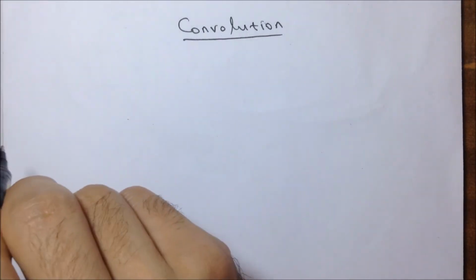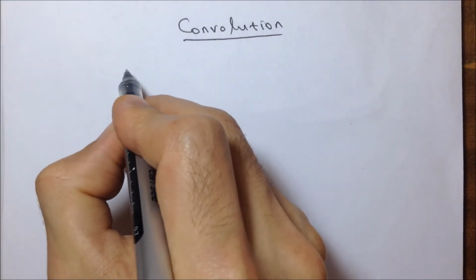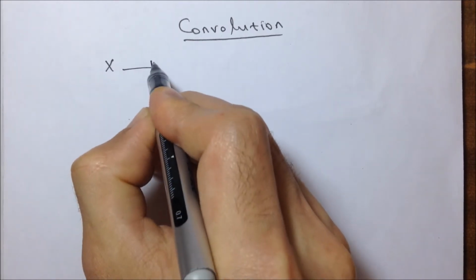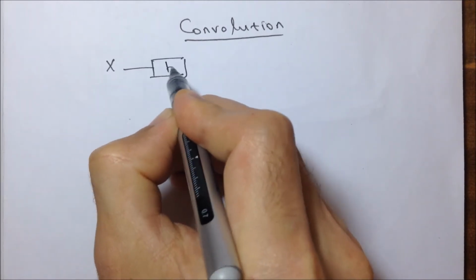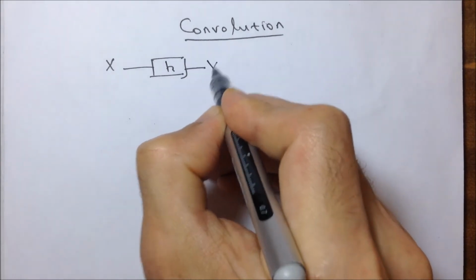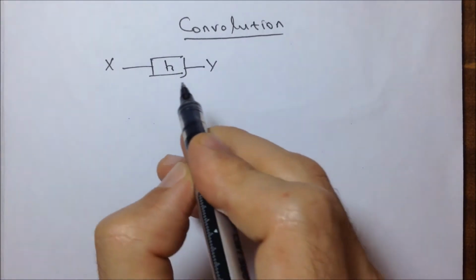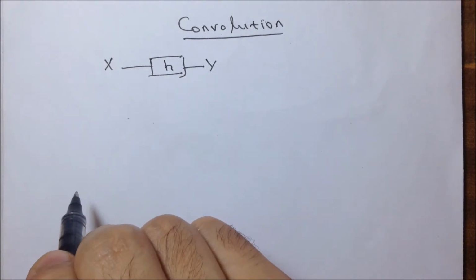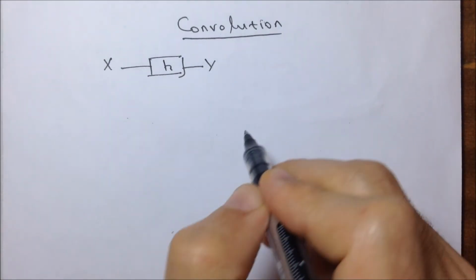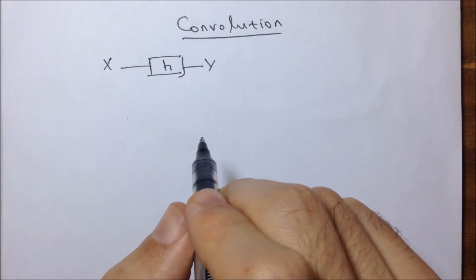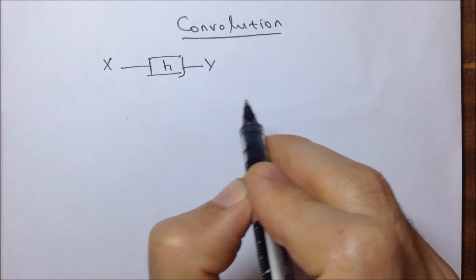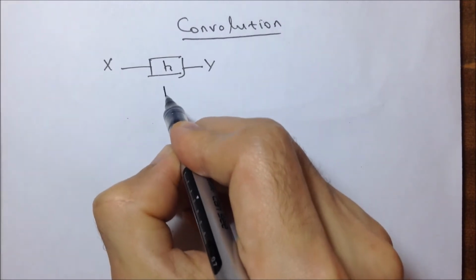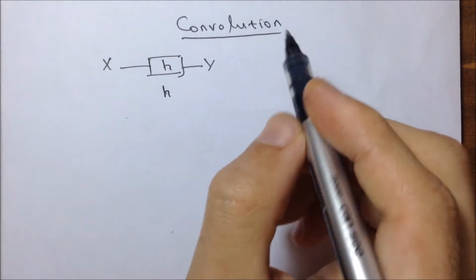Now, convolution is, to put it in a nutshell, the process through which an input signal X interacts with the impulse response of a system, H, to produce the output Y. But what is even the impulse response H? You may well ask. I'm expanding on this upon the completion of this lecture, but it is sufficient to say at this point that the impulse response of a system H is just a way of characterizing a